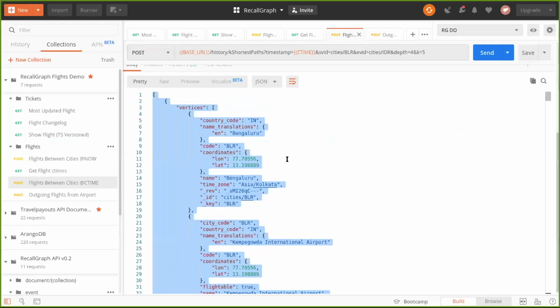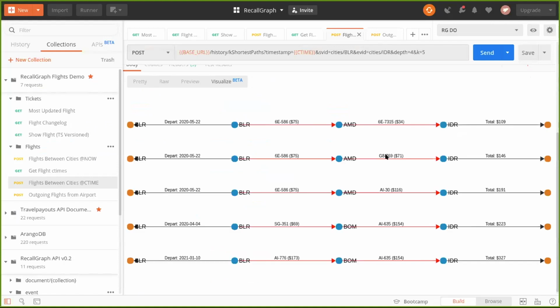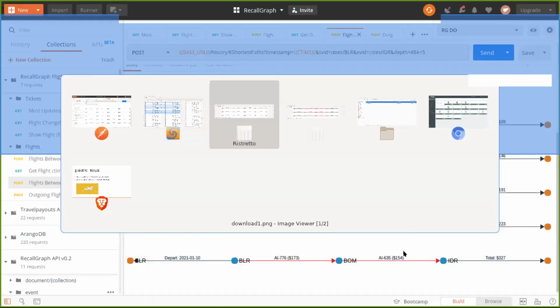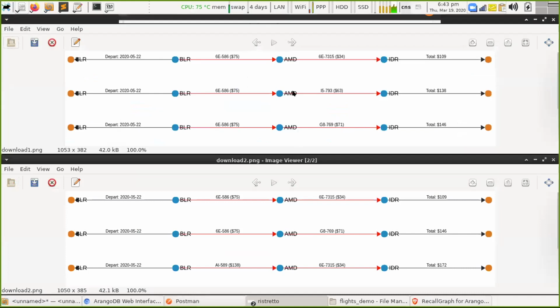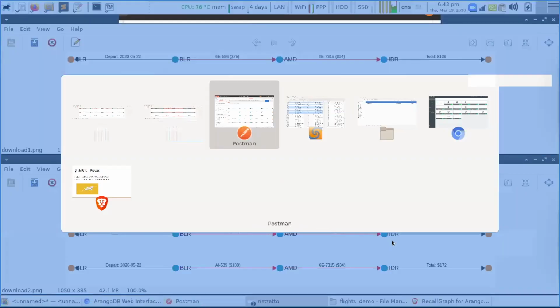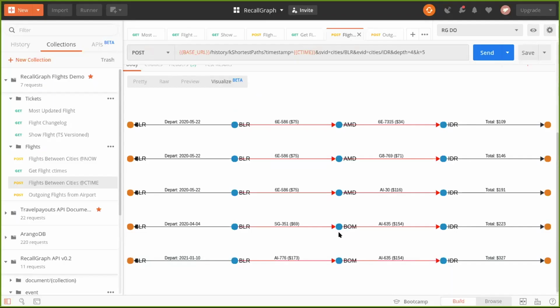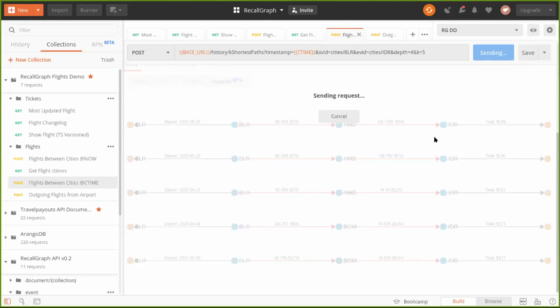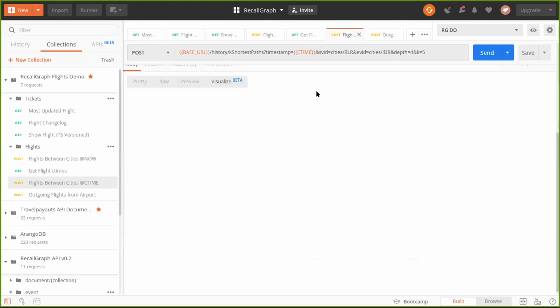In fact, right now, if we see the visualization, in one of our earlier visualizations, let me see if I can bring up this and this, we see that all our flights were routed through Ahmedabad, but here, the last two flights are routed from Mumbai. So that's a change that is very obviously detected. Let me run this one more time, and this time I think the path will be broken. Yes, because now no further flights are available. So that's a demonstration of how a temporal shortest path query runs.